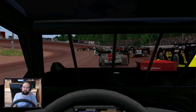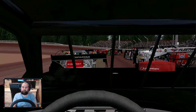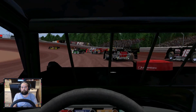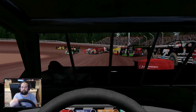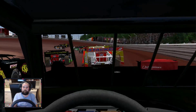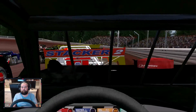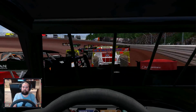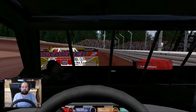So we're slowly sneaking our way forward here on the bottom. Now the request as well, when it came through from Wolf Racing Studios, I think it was this request, asked about going topless, having the top off the car, the roof off the car. It is an option with the mod to turn that off, but it only turns off your own roof, not all the AI cars. So I decided not to do that because I didn't want to be the only one without the roof on the car. Otherwise I would have done that too, but